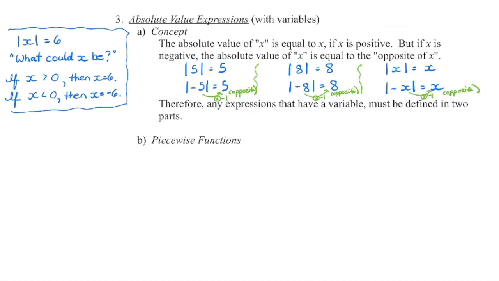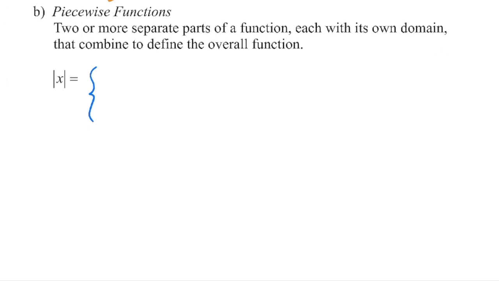So anytime we take the absolute value of any expression that contains a variable, we're going to have two different scenarios that occur. So we're going to define it in two different parts, which is what brings us to what we call a piecewise function. We're going to get more into the function part of a piecewise function in our next lesson, but